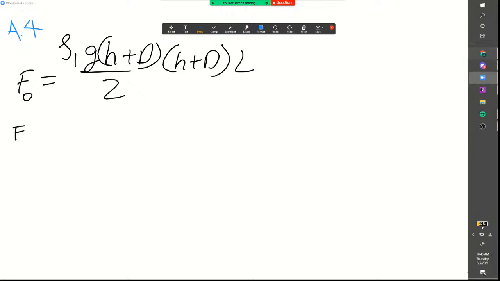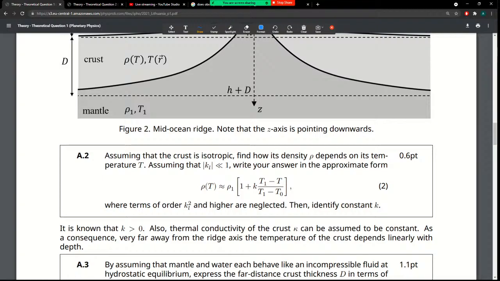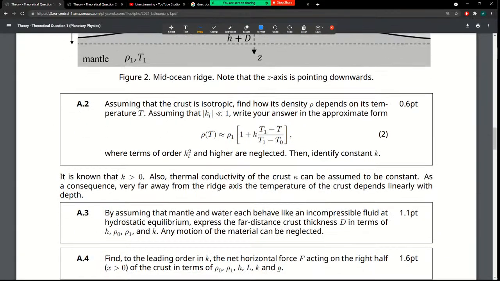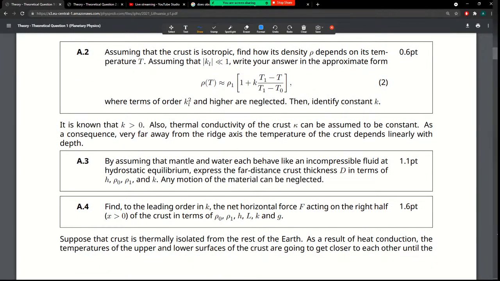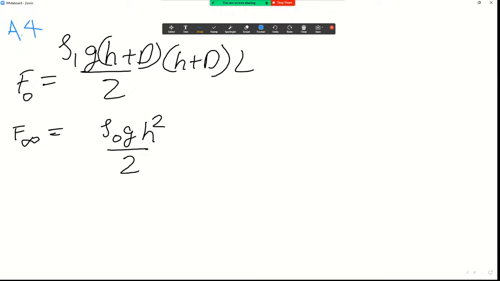F at infinity will be complicated. For that, I guess it will be rho 0 into g h by 2, L plus integral. Yeah, so like,